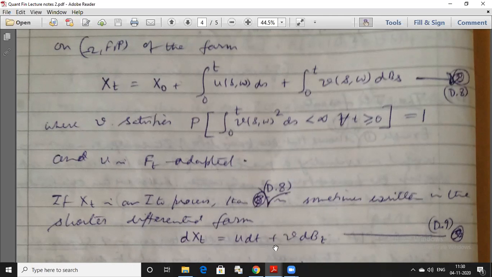You can see that this representation is just a restatement of this original integral statement. And from our early discussion, we already know that any notional representation of this differential type really means the integral. Because from the very beginning, we have given a sense to the stochastic differential equations through integrals. Integrals are the objects which really make sense. So this is the real definition, but